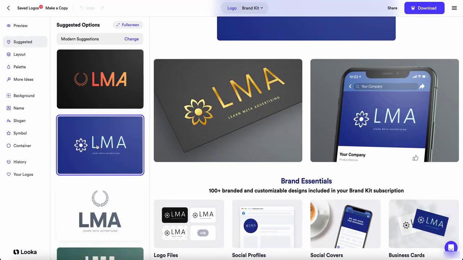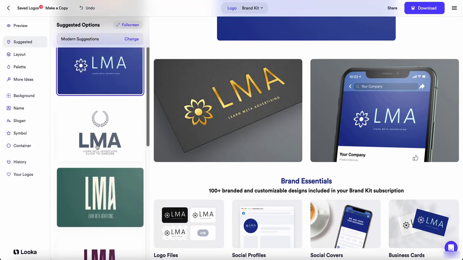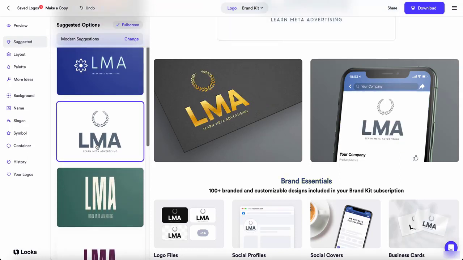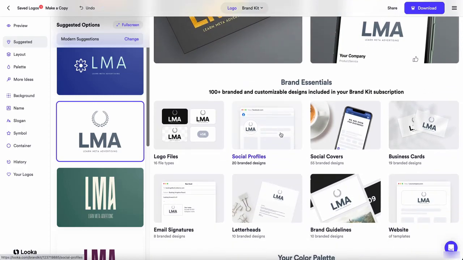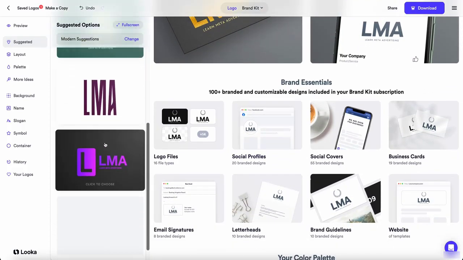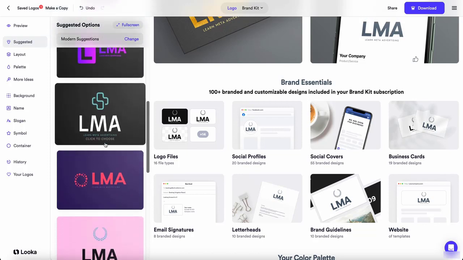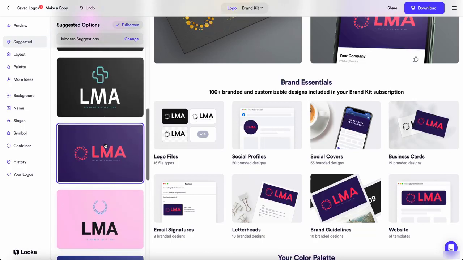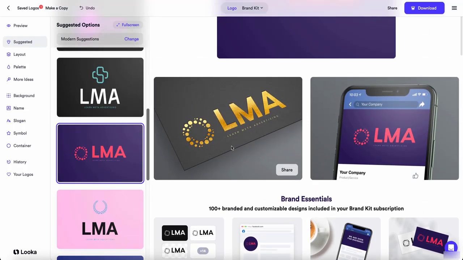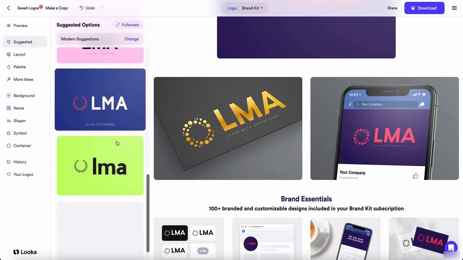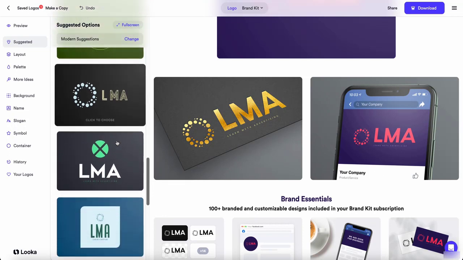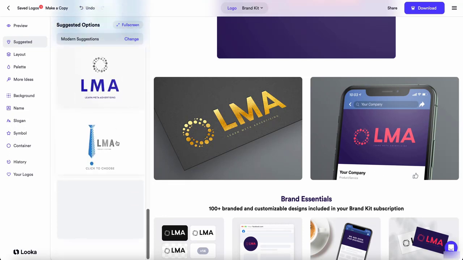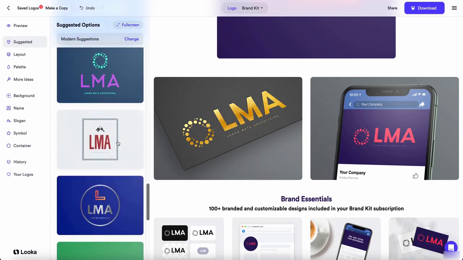It's still not perfect. I am not so happy with it, but it's starting to be quite okay, but it's missing something. So you always need to play with it a little bit to get some good ideas. As you can see, it's constantly offering you ideas, and this is great about it.